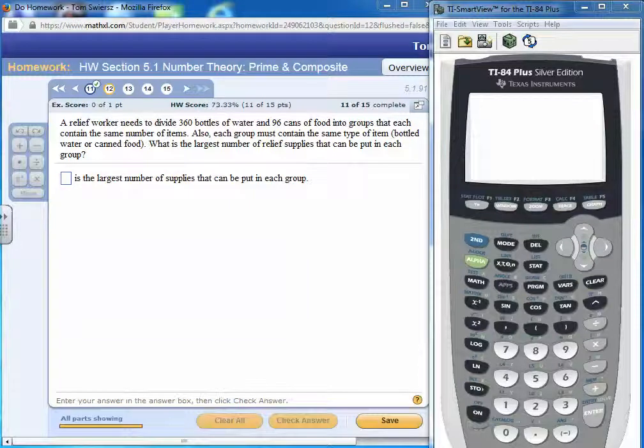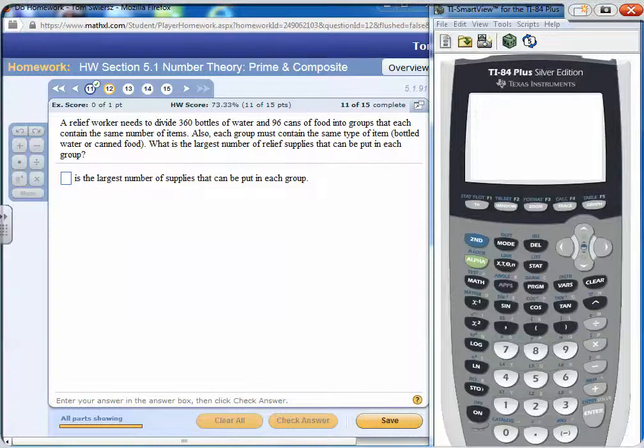Let's go ahead and work on homework exercise number 12, 13, 14, and 15 from section 5.1. Homework exercise number 12 states a relief worker divides 360 bottles of water and 96 cans of food into groups